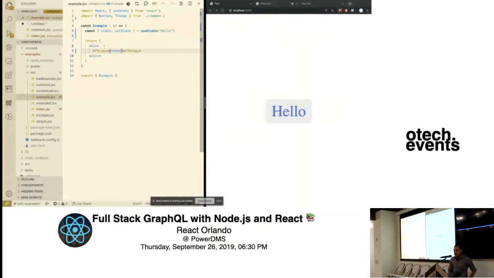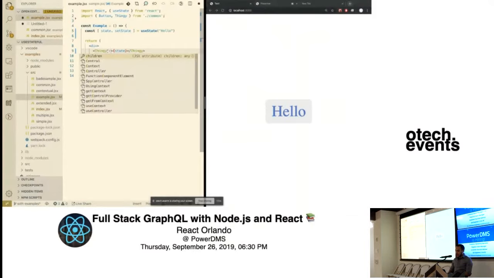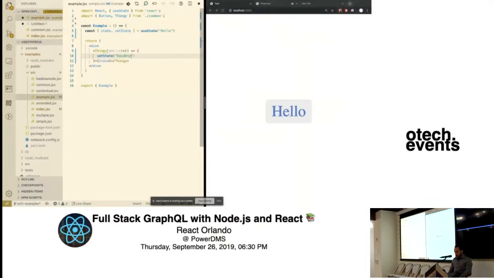Okay. So we're good. And if we were to say onClick, and we wanted to do something with that, we would call setState and say goodbye instead. So when we click on it now, it's going to say goodbye. Oh, I think I need to do this.